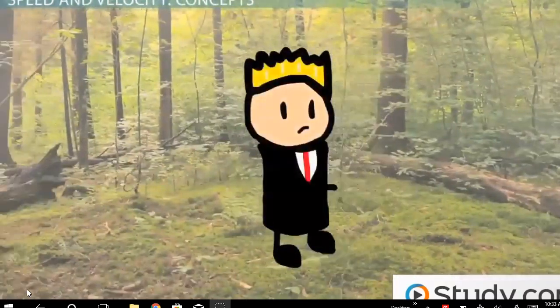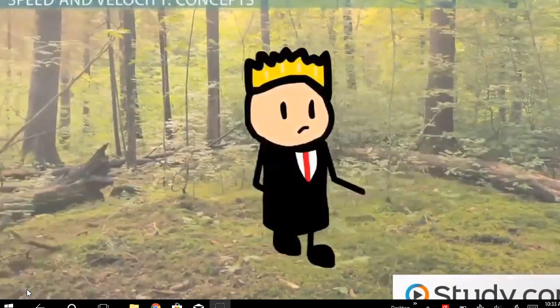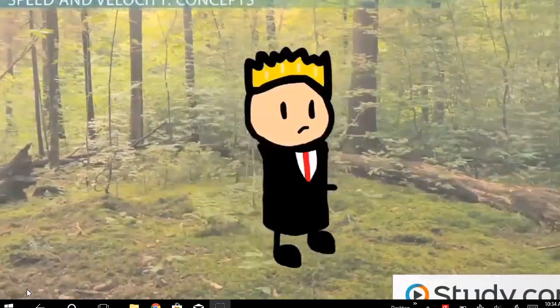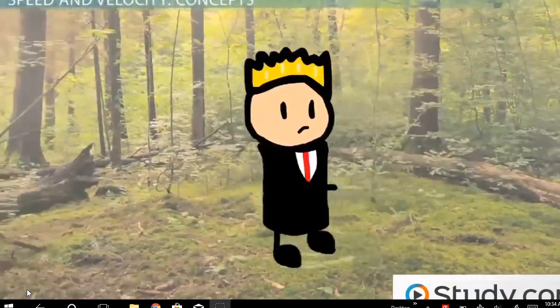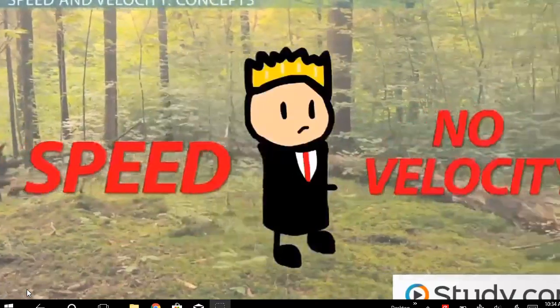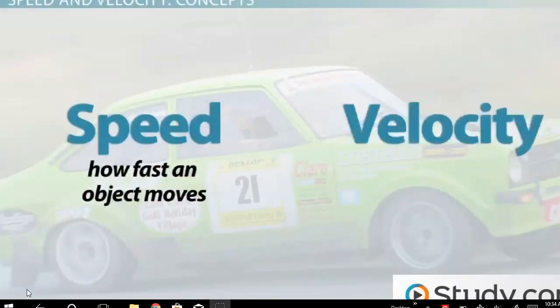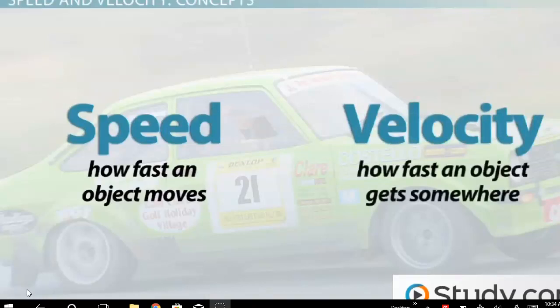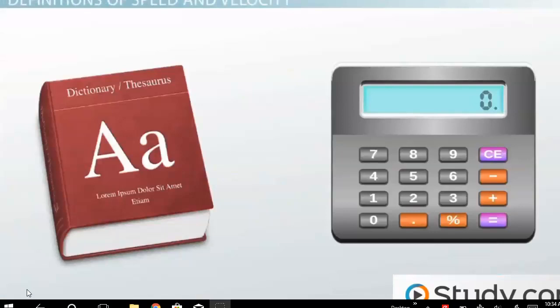Think of a person repeatedly taking 2 steps forward and then 2 steps back. They are moving, but they're not getting anywhere. In other words, they have speed, but no velocity. In short, speed is a measure of how fast an object moves, while velocity is a measure of how fast an object gets somewhere. Before we discuss the formulas for calculating speed and velocity, we need to consider more detailed